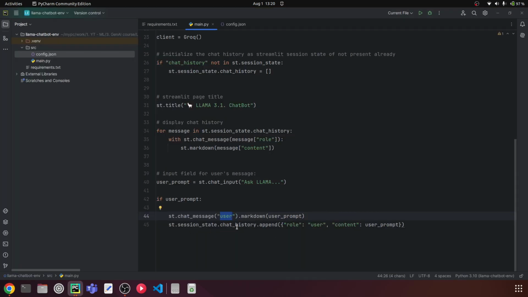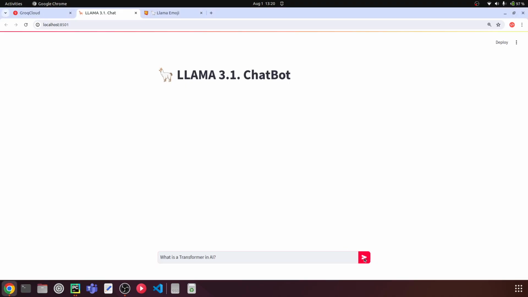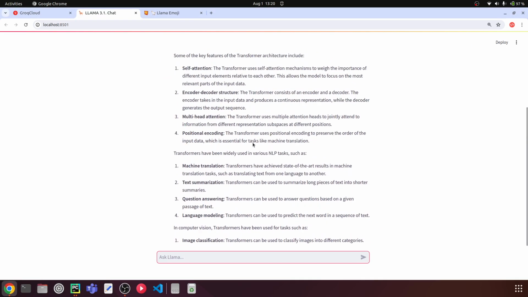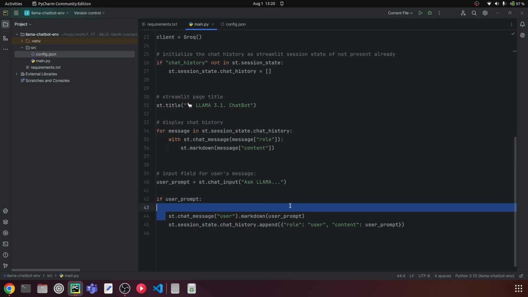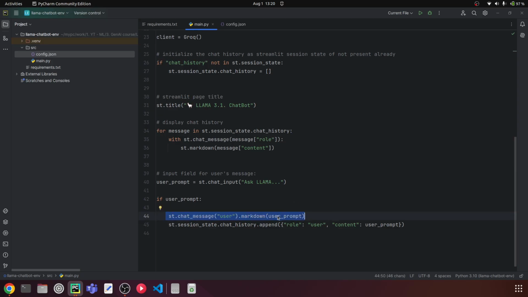Once that's done, we are going to store this question to chat history by mentioning the role, which is user, because this is the question asked by the user, and the content key will take the value of user prompt. So that's what basically happens here. When I click this send, you're seeing this question first with this red emoji. This particular thing is done by this st.chat_message user.markdown, and in the background this is appended to